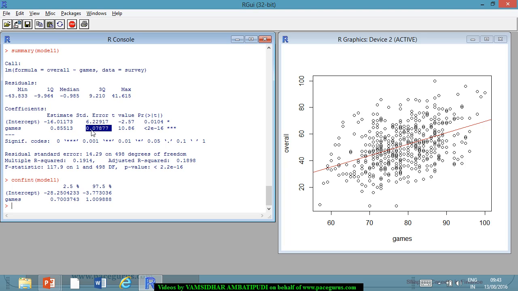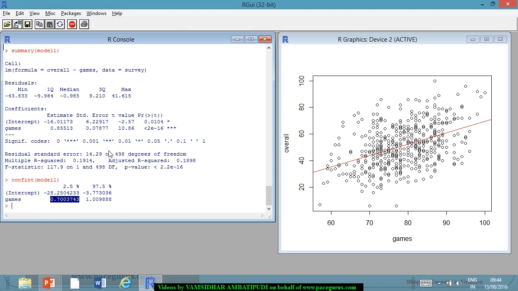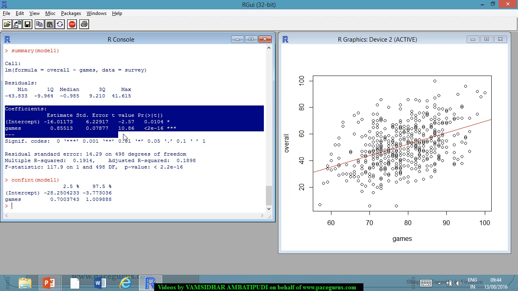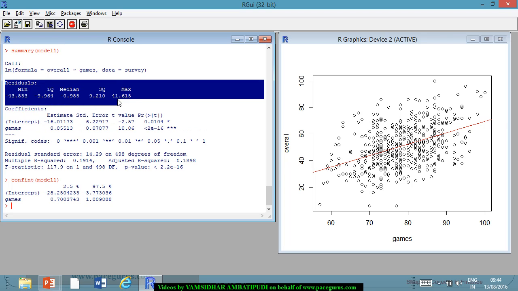0.855 minus 1.96 times the standard error will give me this. So that's a traditional computation of the 95% confidence interval for the model. Now that we have understood the coefficients part in detail, we can move on to understanding the